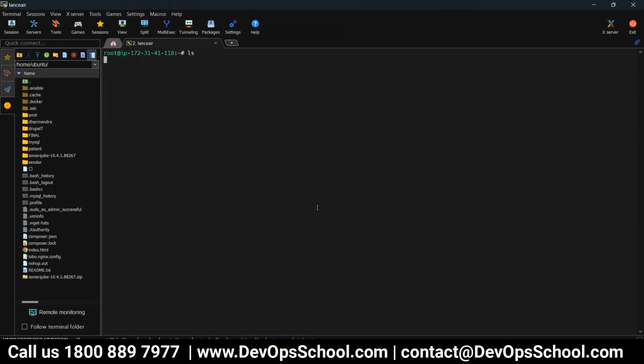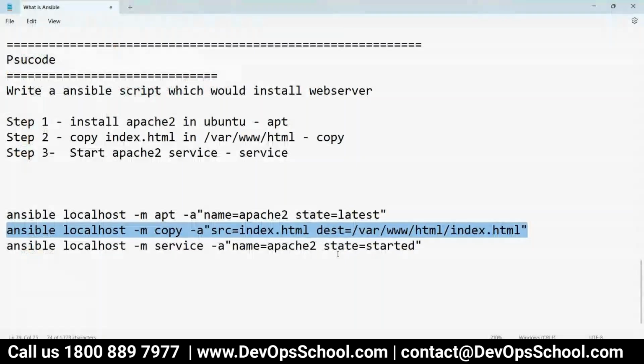Let's create one more directory, mkdir ansible2, cd ansible2, and here create one fake file, index.html. This is your package. I'm putting some text here, and done. Now if you run this command,